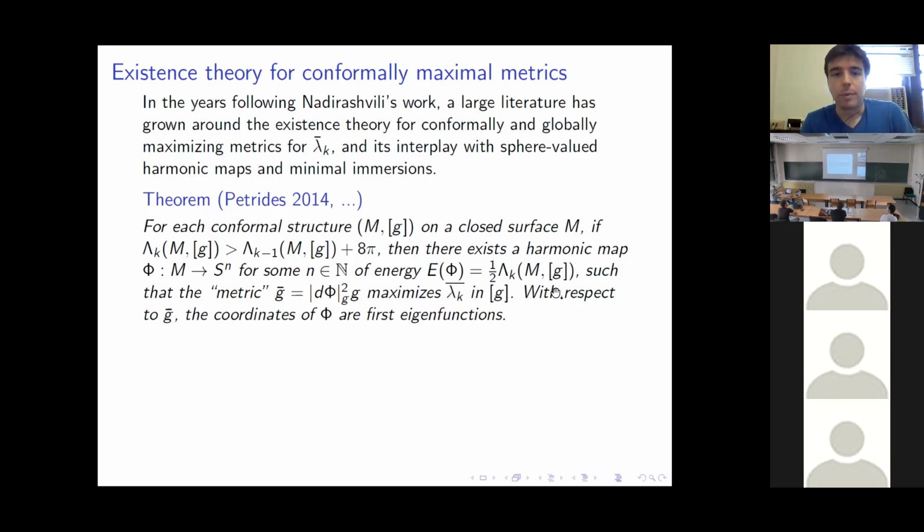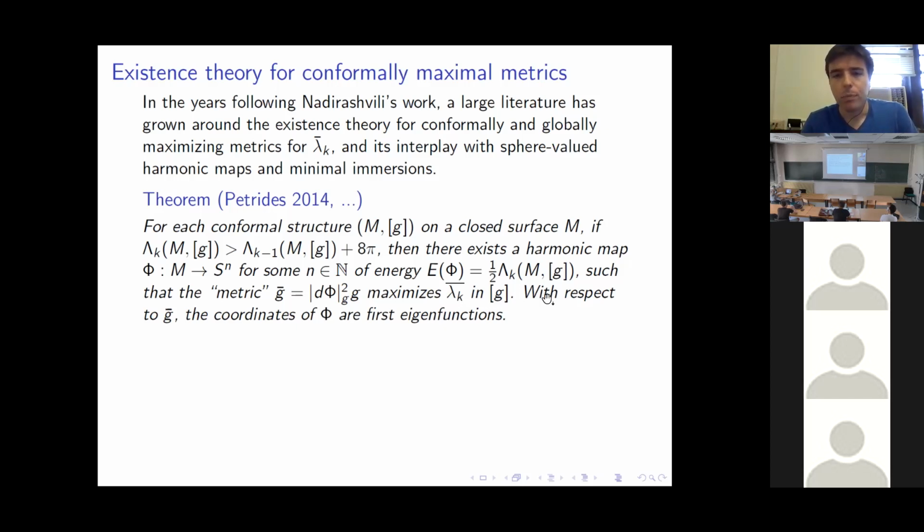Okay, so in particular, with respect to this metric g bar, the coordinates of phi are first eigenfunctions. Now I've put metric in scare quotes here because, a priori, this harmonic map can have zeros, in which case this is not an honest metric. But fortunately, we know what the zeros of the gradients of harmonic maps look like, and at worst this is a metric with some finite number of conical singularities